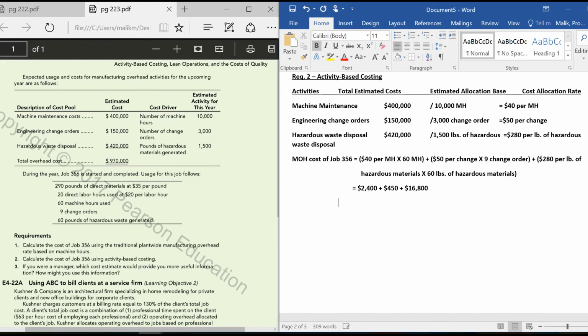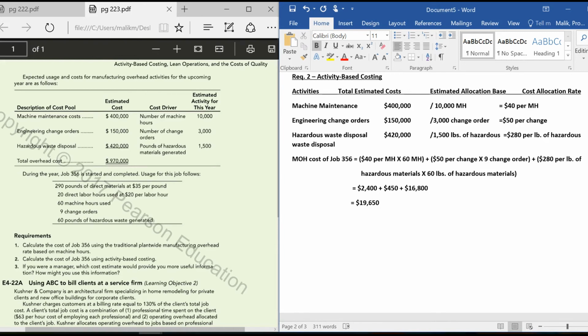And then if we add all these 3 activity costs, 2,400, 450, and 16,800, please do the calculations with me. I found the manufacturing overhead cost of job 356 is $19,650 when the company is using